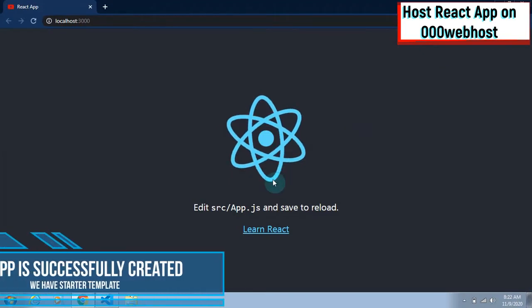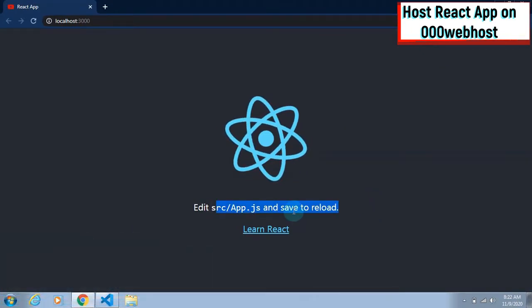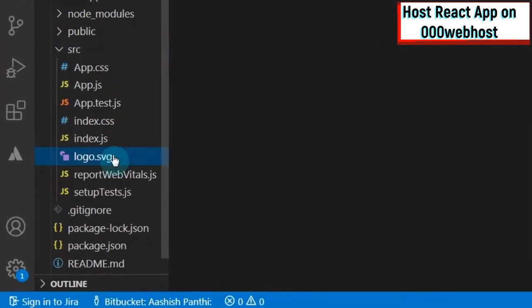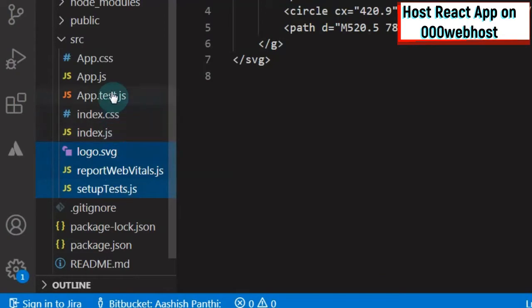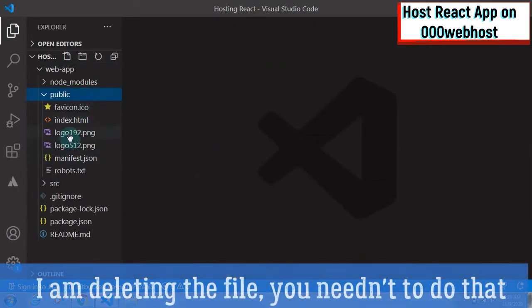Great, we have a starter template. Now I want to add some text and delete some unnecessary files from my app. Delete the unnecessary files and these also.